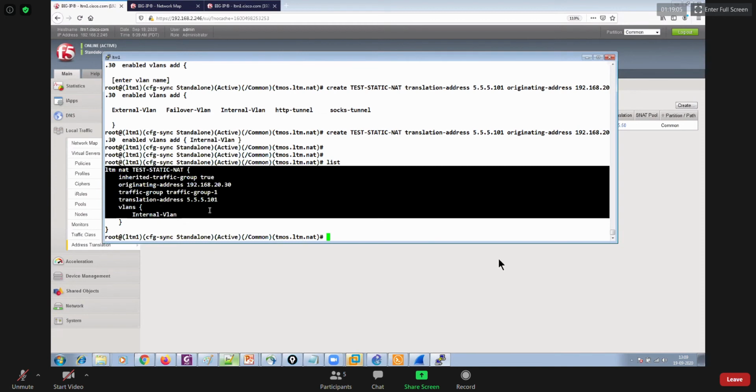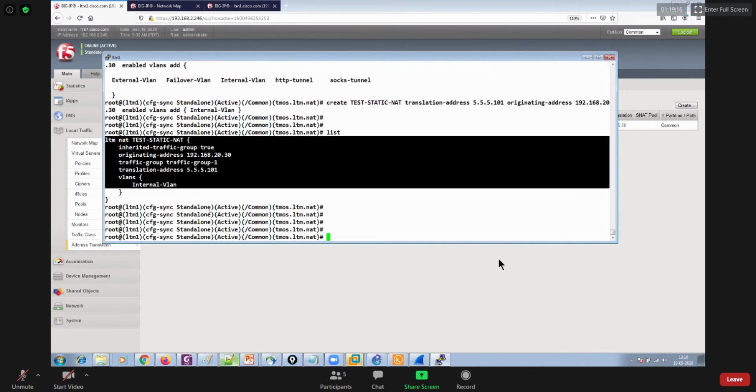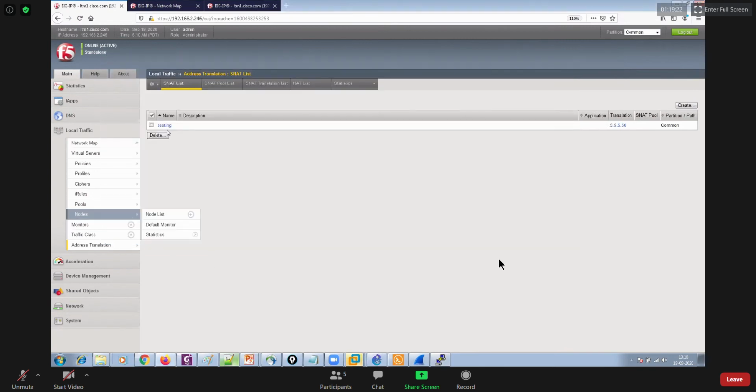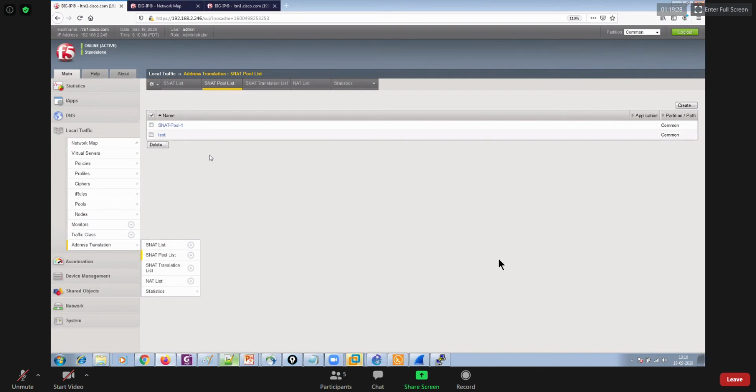So whatever you did using the GUI, you can also do using the CLI, right? So that's what I wanted to show you, and thereafter, let's come out from here and just say save sysconfig. So whatever you did here now, you should be able to see under your NAT list here. So yes, it is there. Thereafter, there's the NAT pool, the test pool is there. So that's fine. If you wish, you can do it using the CLI. If you wish, you can do it using the GUI. Any questions, Praveen? No. Okay.